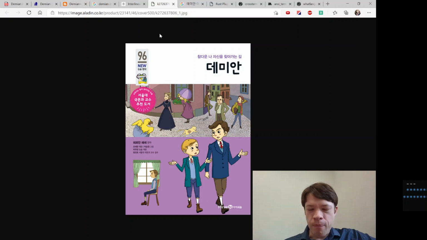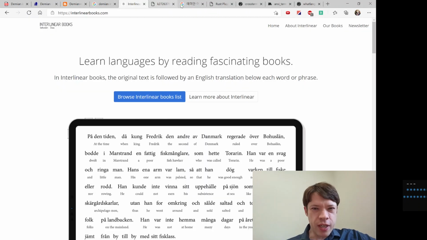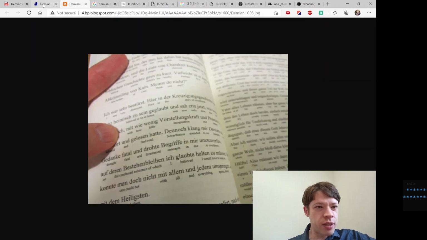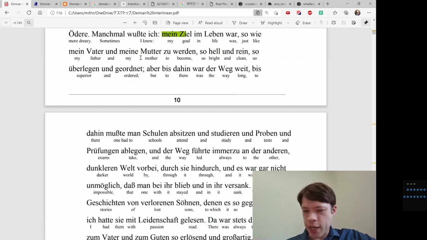So I read that and I loved the book, and then a few years later, I wanted to read it in German, but I didn't know enough German, and so it took me a while to reach the point where I could do that, and it was a lot of work. Anyway, eventually I reached the point where I could understand the book, and that was really nice. And my German got better. It's not fluent, but it's good enough for most things.